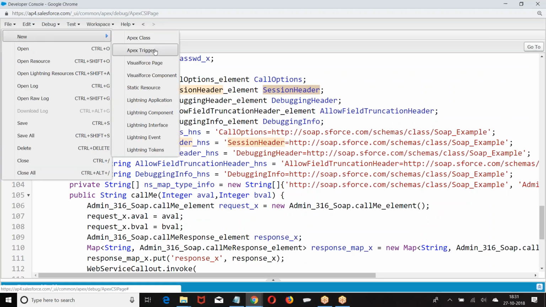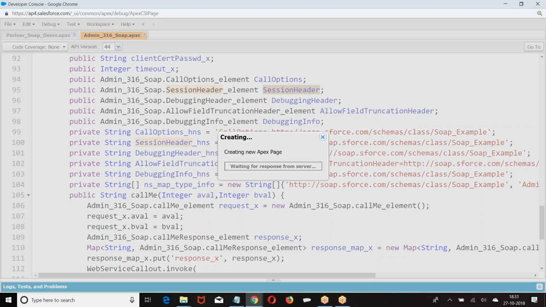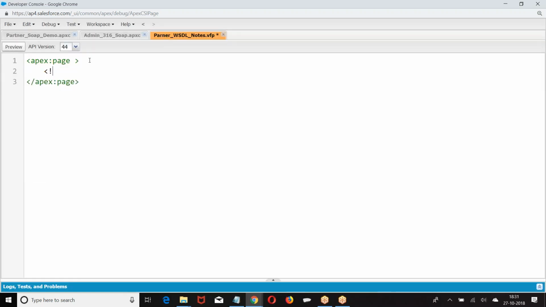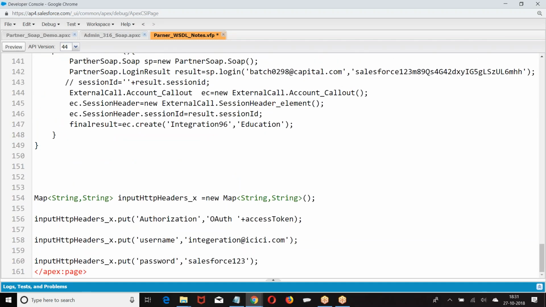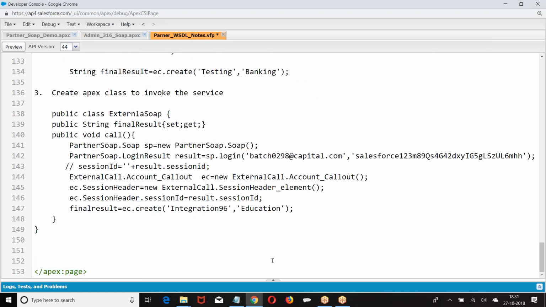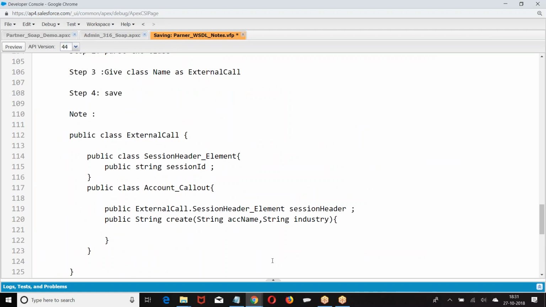Follow this example. Use this, try to understand the class.